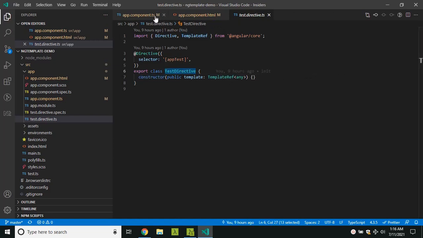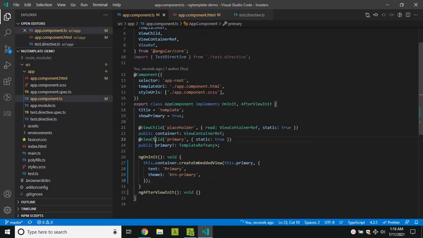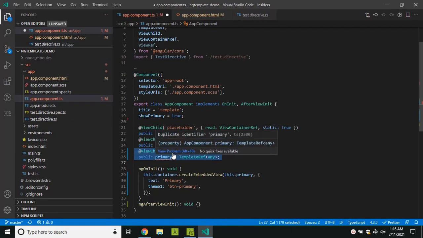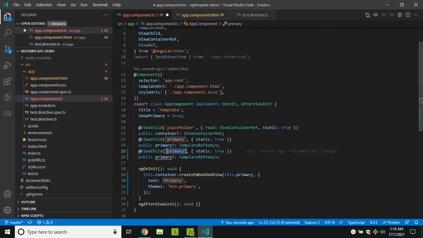Now I can go to the app component and add a ViewChild, and instead of the template reference variable I can make use of the TestDirective itself. Here I will be getting an instance of the TestDirective, and I am naming the property secondary.